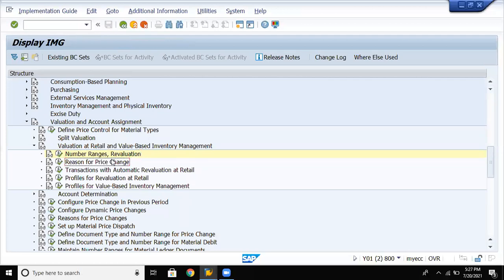Now, reason for price change. Sometimes we increase the price, sometimes there is a decrease in price after releasing the quotation. There might be one price in the quotation, and during the stock delivery the price may vary. So here we should also specify why the price is varying in the valuation, so that in your stock delivery receipt, you will maintain the price variations also. Reason for price change.